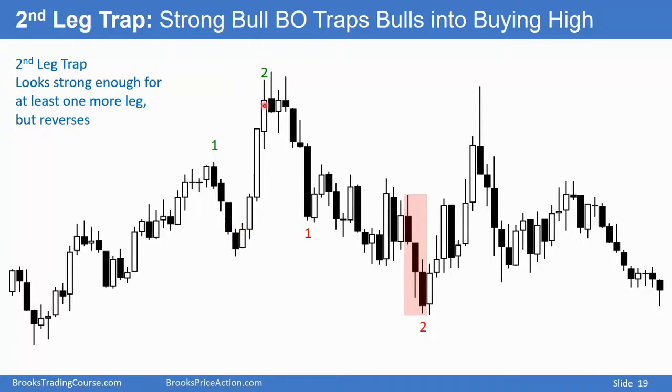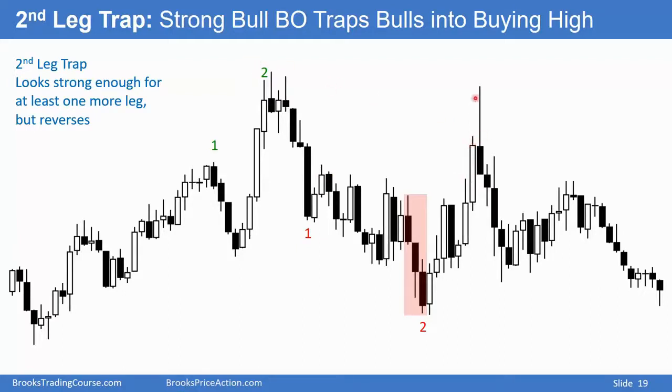The second legs are often stronger than the first. This clearly is stronger than that. This is not really stronger than that, but it's still a fairly strong second leg. Just like two legs up here, this second leg is stronger than that first leg. And it's always tricking beginners into believing that it's a successful breakout. It is, of these past 20 bars, but not above the top of the entire range.